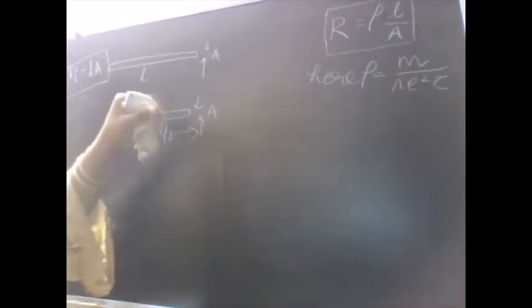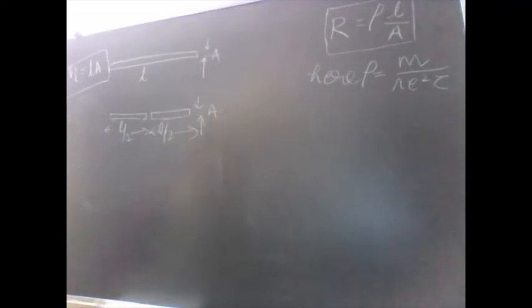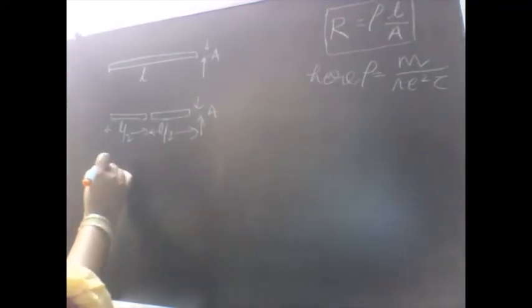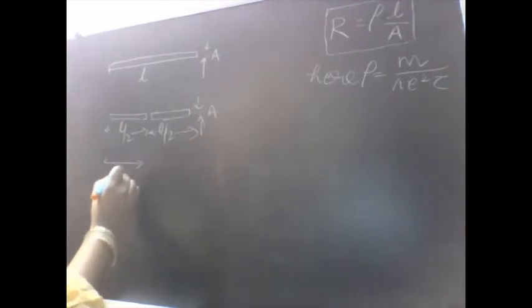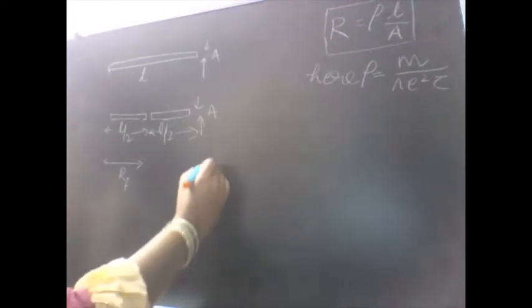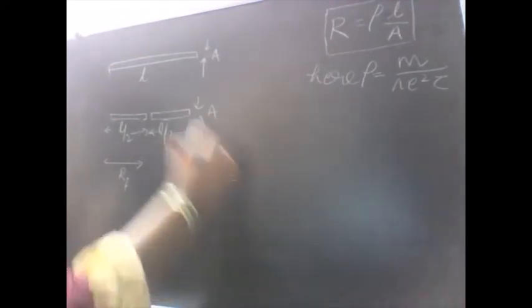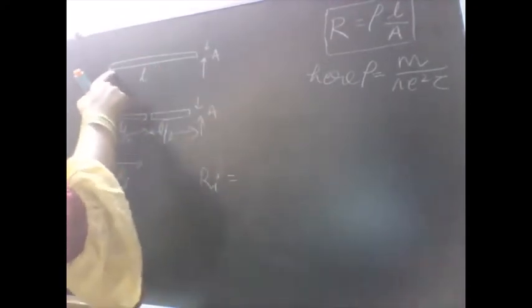So volume will not be same here. So let us put the values in the formula of the resistance to get the final answer. Let us take this part of the wire as having the resistance R, and half of the part of the wire as having the resistance RF. So let us find out what is the initial value of the resistance. This is the initial configuration given to you.